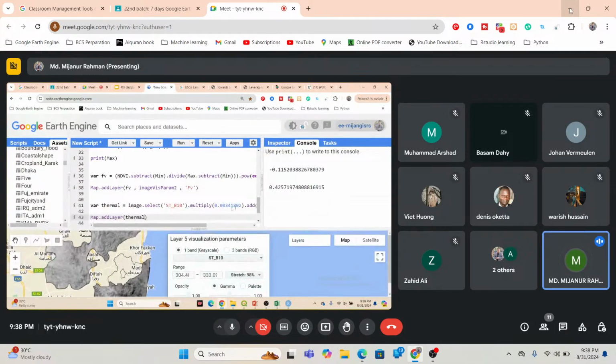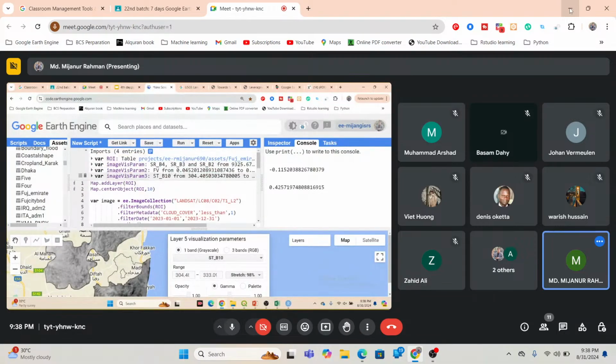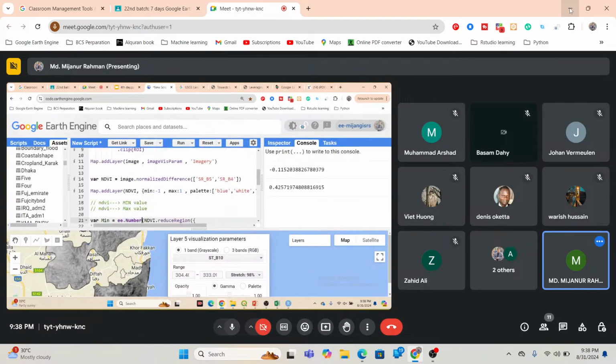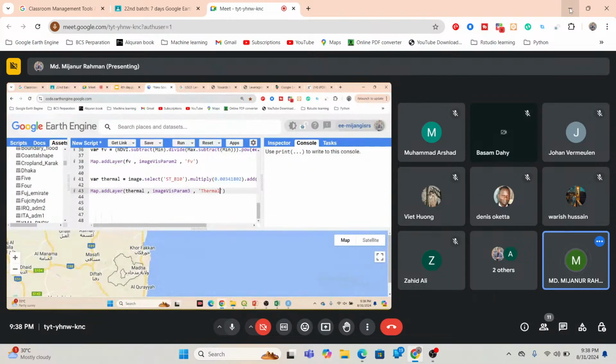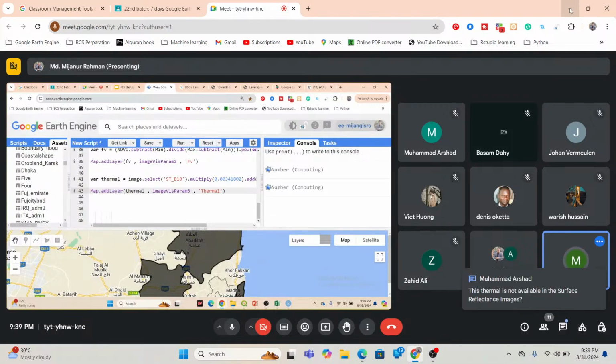and then copy this selection parameter and paste it after this object. Okay, and put it as the thermal layer. So now it's also okay for this thermal. So now using this thermal, we are just